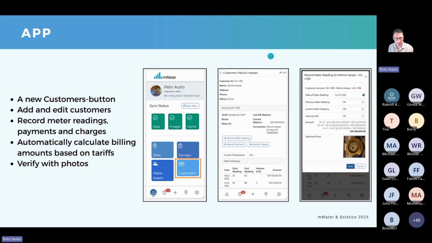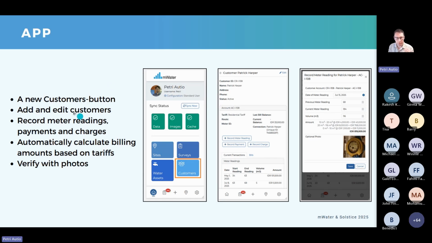Most of everything that the new modules allow you to do, you can do in the portal, as we'll see live. But we've also upgraded the app. If you're familiar with the mWater app, we try to keep it very easy to use, localized in almost 30 languages. In the app now, if you are part of any water system where these new modules are enabled, where customer management is enabled, you'll automatically in the standard configuration see this customers button. So that's just going to be there. You don't need to do anything except activate